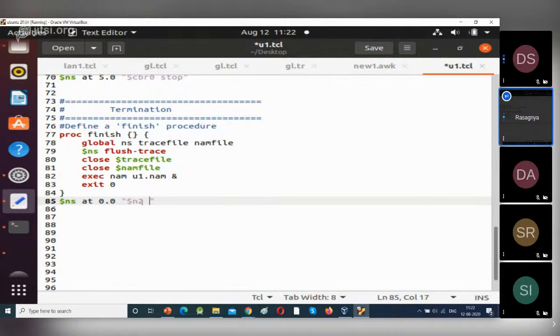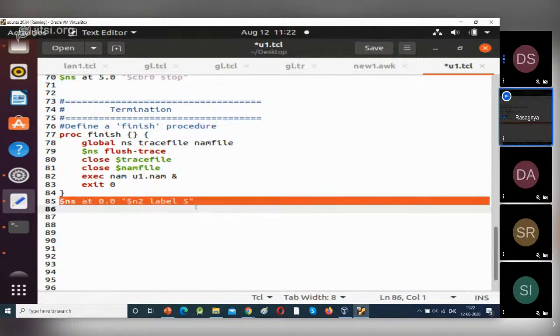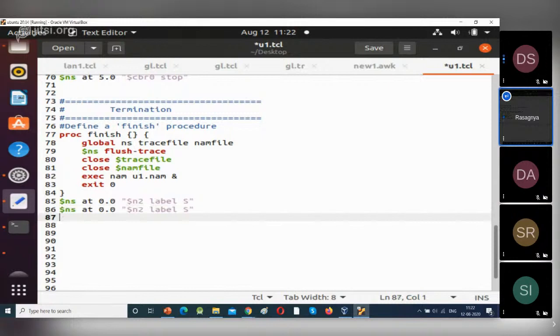So $n2 space label, give it as S. I'm giving capital S. Next, copy this line, Control C. Next, paste here. Just change the node number here. So change it to 0. N0 will be my destination. So give capital D. I'm giving it as capital D.